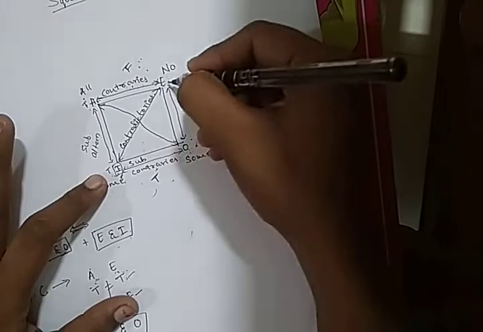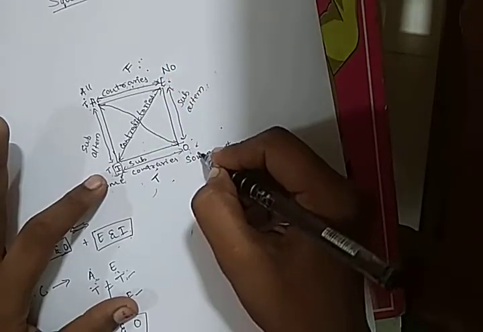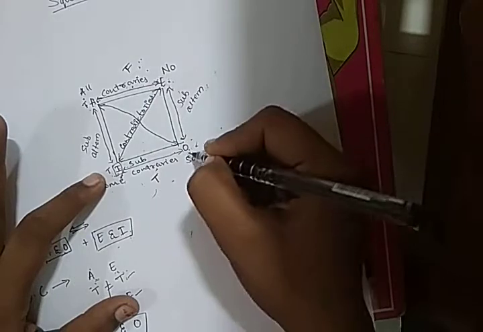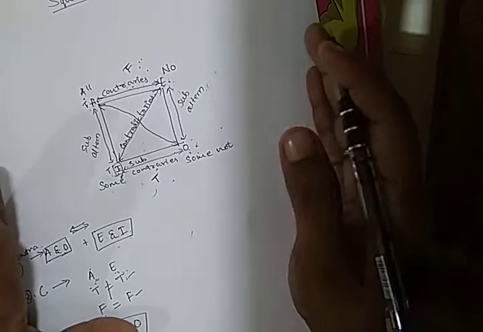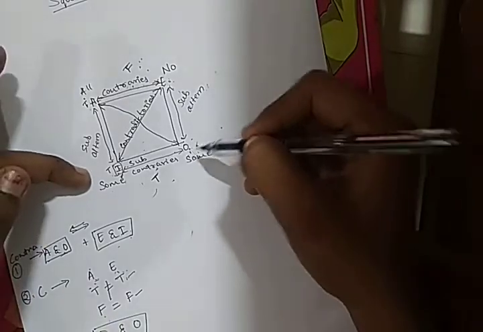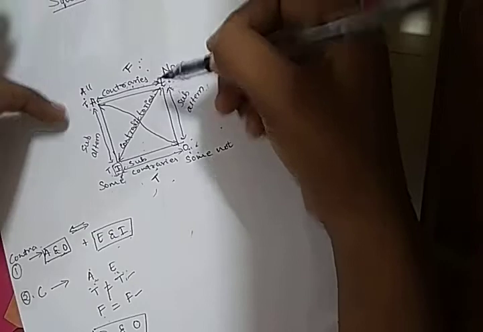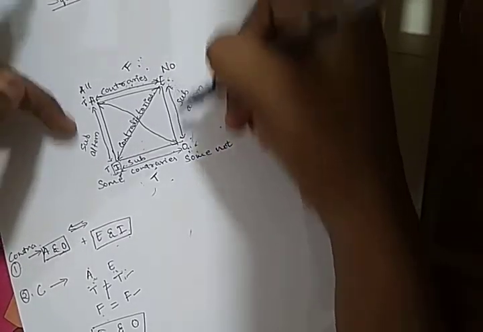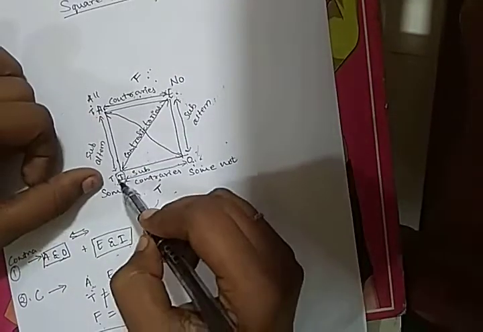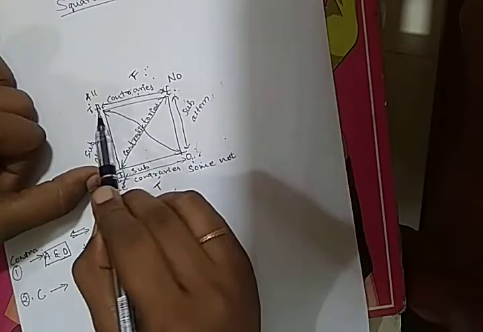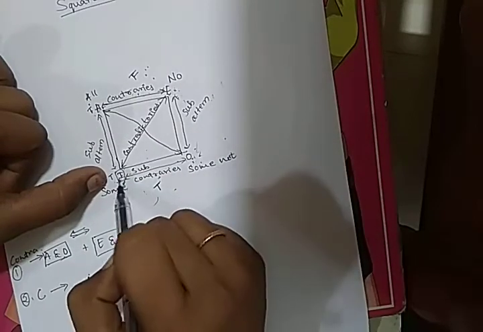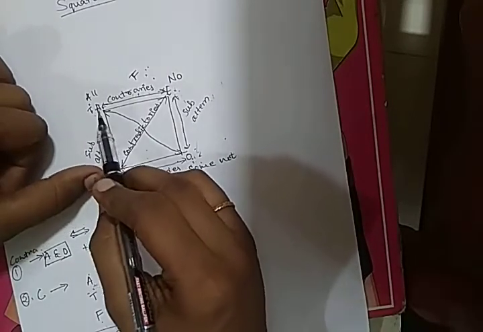It is the same in this pattern also. If E is true, O is also true. But if E is false, then nothing can be defined about O. But when this arrow moves from below to upwards, if I is true, then nothing can be defined of A. But if I is false, A is also false, and the same goes here also.